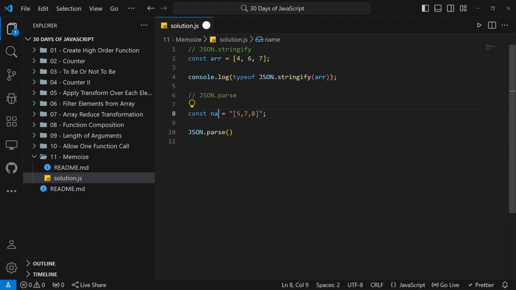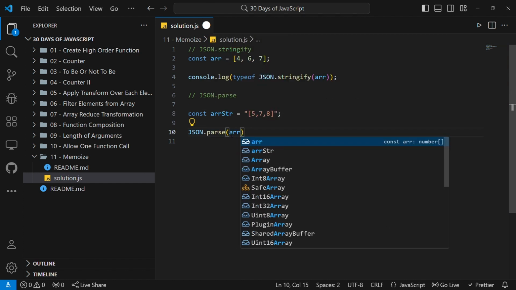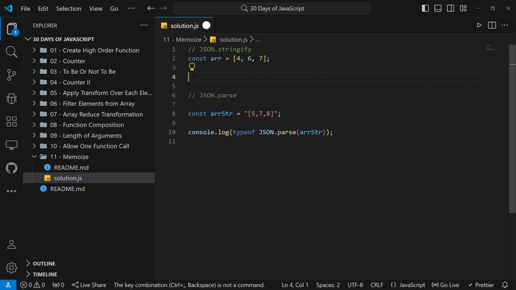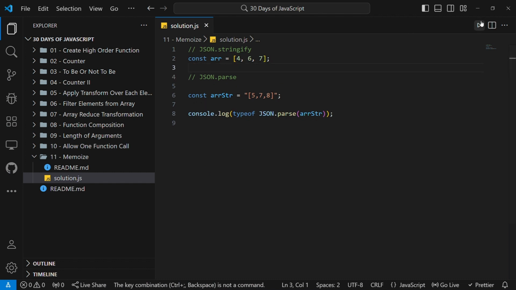then I pass, let me call this a bad name, I'm poor in naming. Let me call it array, to mean an array that is a string, but it's a string. So if I pass this there, then I log this one. Then I'll log the type because I'm only interested in the type. So I'll say typeof that. Then let me comment this one so that it does not disturb us in the console. And if I run this code,